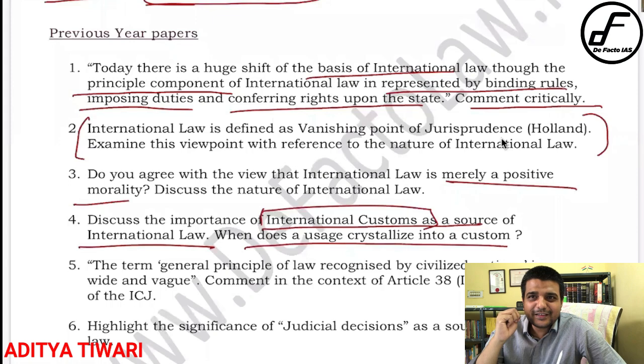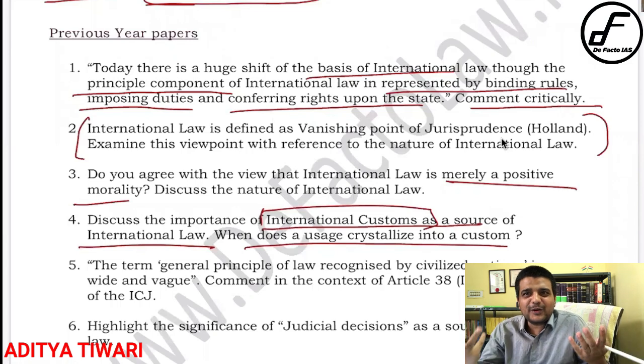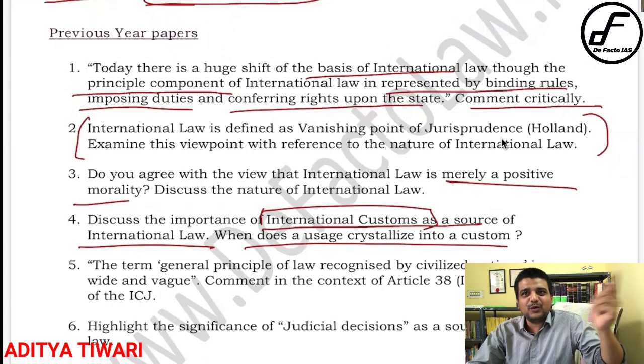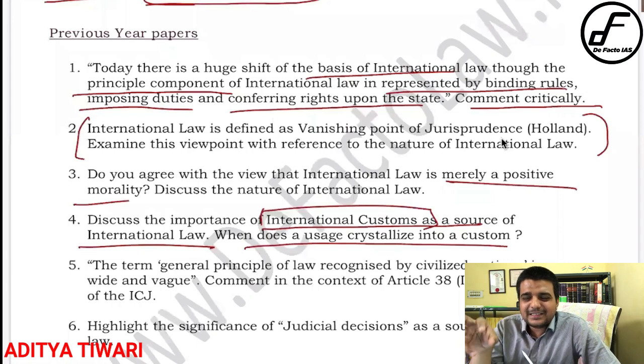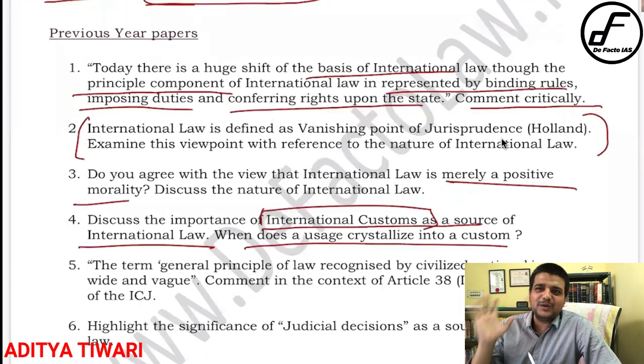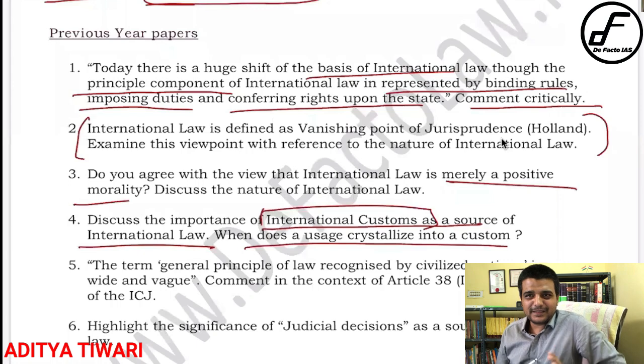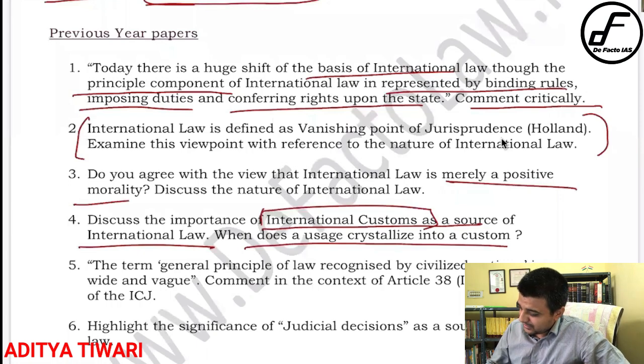The third benefit of custom is that it helps in determining provisions of a treaty. If you have to write a certain treaty, then you cannot make the provisions out of the blue. You simply see the custom: okay, this is my behavior, I will write that. So you can see that there are three basic, common sense importances of custom with respect to international law. So, clear? That is the first part of the question, and the second part of the question is